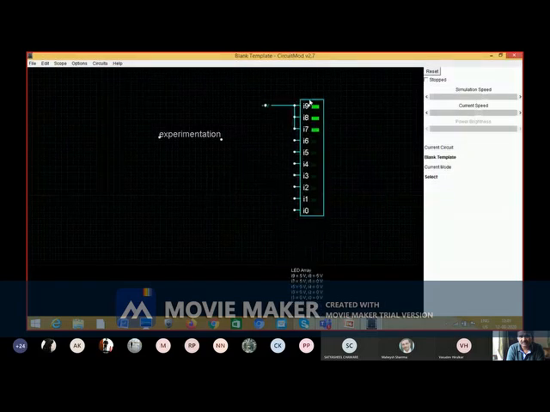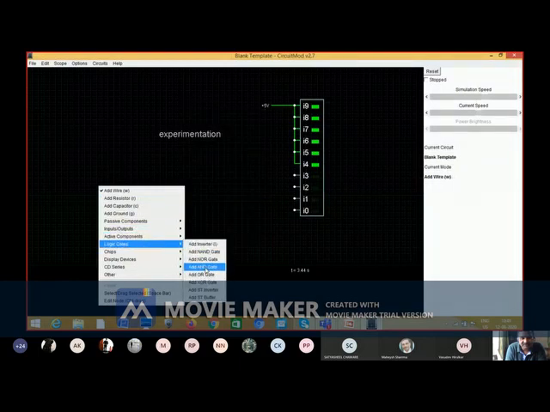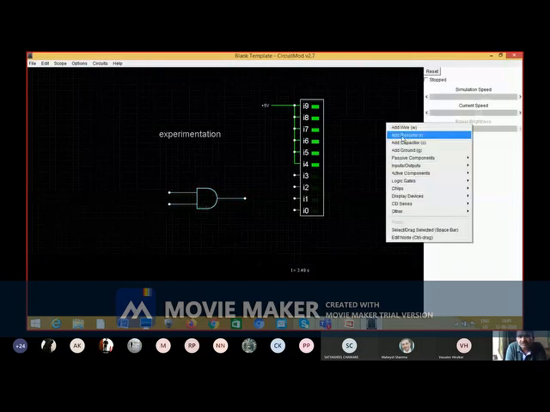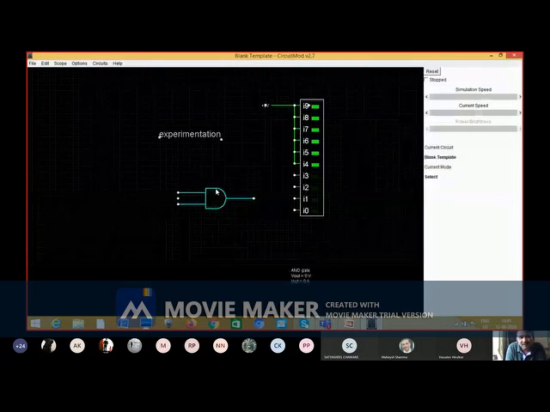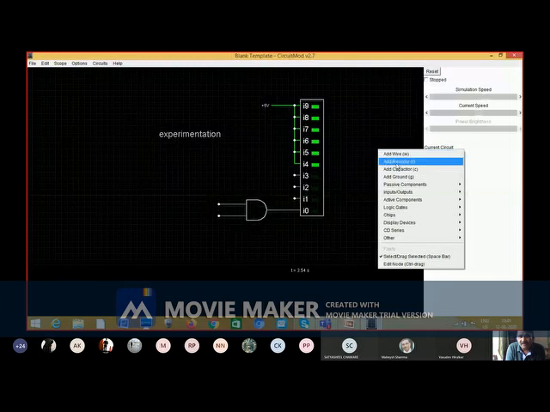Okay. And yes, so I can select this part and you can connect wires and you can use these LEDs as per your requirement. Okay. Suppose I want to see the output of some circuit for this LED. Suppose I want to use some logic gate, suppose an AND gate. So this is your AND gate. And you are interested to see the output of this AND gate. So what you do, you connect the output to this LED, correct? And suppose you have to give some input.